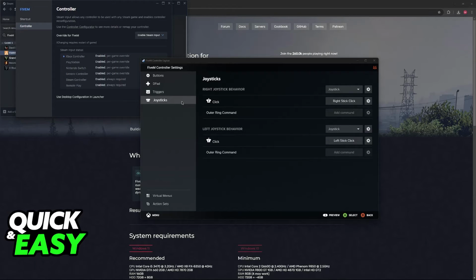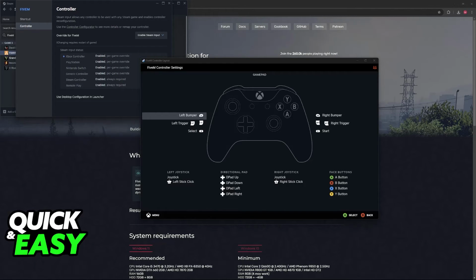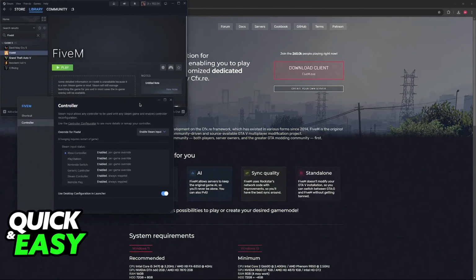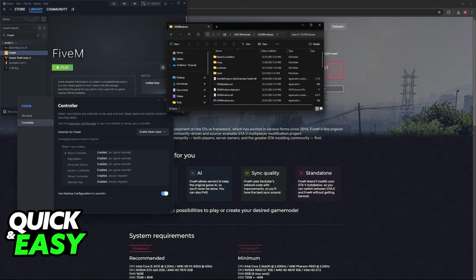You will notice that I am using an Xbox controller for this demonstration, but a PlayStation 5 controller is going to work just fine. And once you have the layout active with Steam Input enabled, you just have to go ahead and open the game. Now, if this does not work, then like I mentioned, you can also download the additional